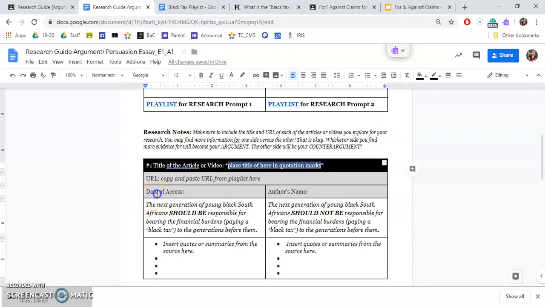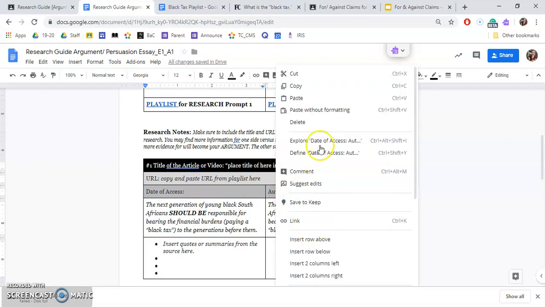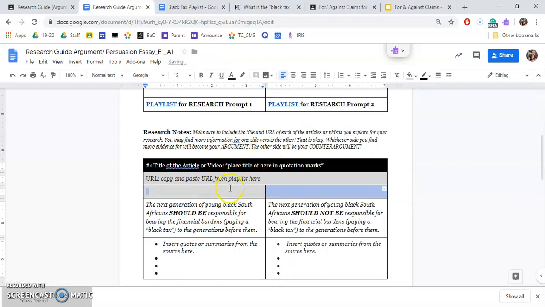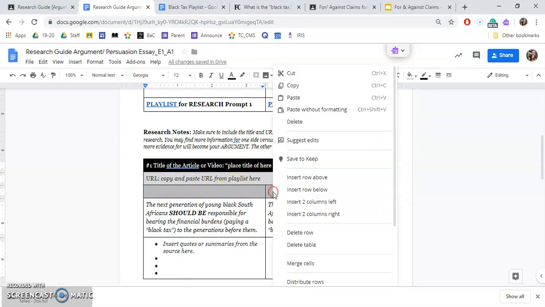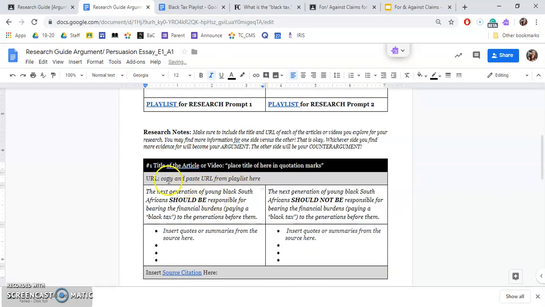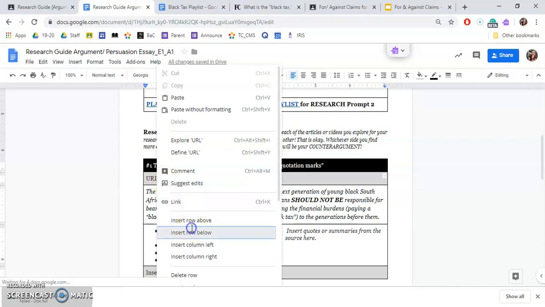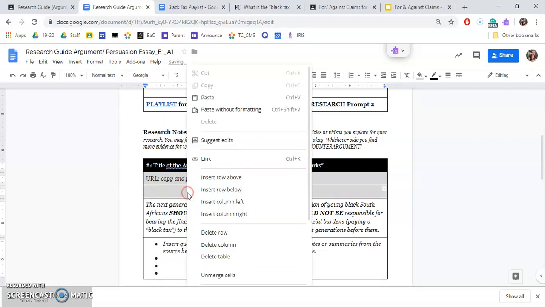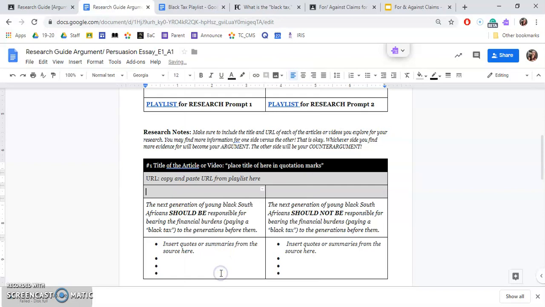If you don't see this right here in your research guide, I think my 8A people, I forgot to put this in here. So I'll show you how to do that. I'm going to go ahead and delete it. Need to delete the row. There you go. If you just see URL, then you need to right click on URL and put insert row below. Then you right click again and you unmerge cells, and that will give you the ability to have a date of access, which you will put as